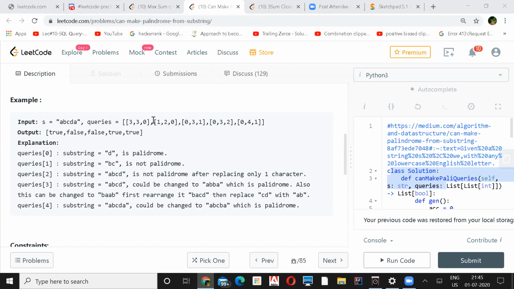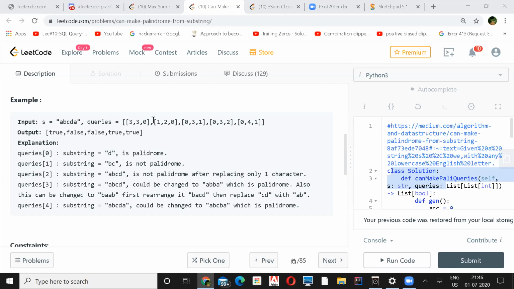So the number of unique characters is 4, but to form a palindrome for the length of 0 to 4, maybe I need some math there, to calculate. To have a palindrome, maybe if it is odd, the number of unique characters should be 3, right? Or k you have to increase, I think. The k is passed, right? So I can make only that many replacements, right? Yeah, sure. Equals as well, right?